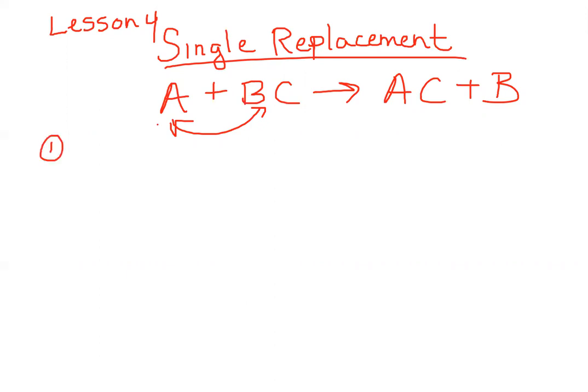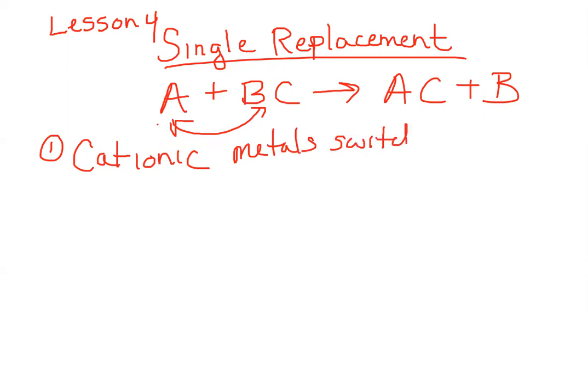Okay, there's cationic, where metals switch with other metals or hydrogen. Of course, there always has to be an exception, right? So cationic, metals switch with other metals or hydrogen. So an example of that is going to be